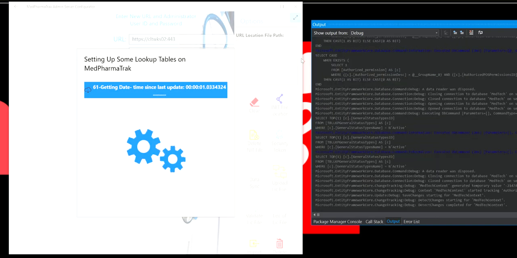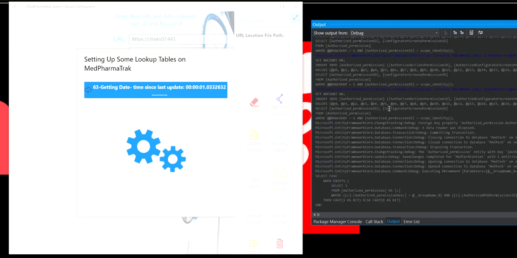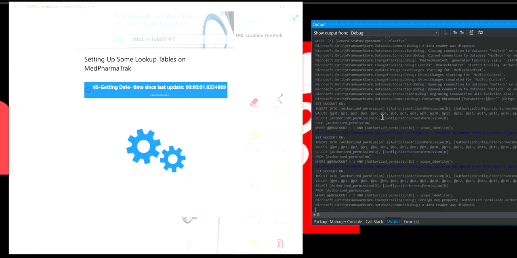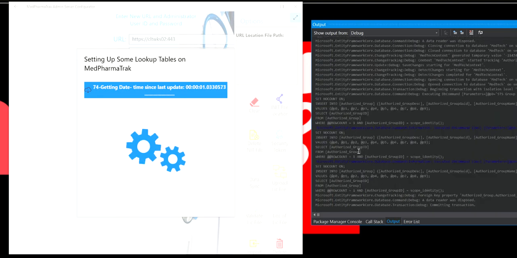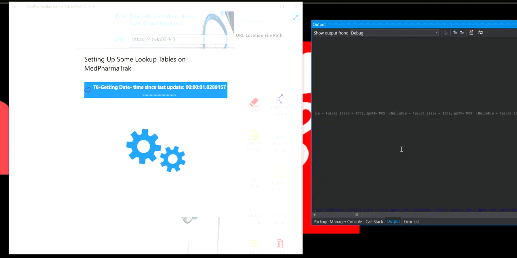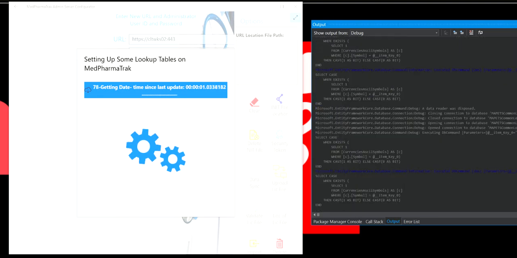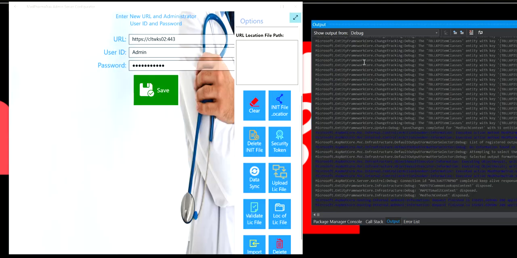Are you sure you want to do this? I'm just showing you that it's doing a whole lot of stuff on the DB server with the database. It's creating stuff. It downloaded new zip codes, for example, for the region you're in and so forth. So I'll let it go through, and through the magic of video editing, I'll stop it until it's done. Okay, now that it is done,